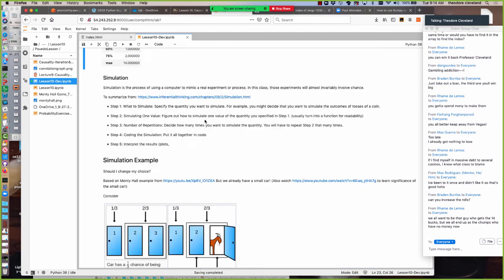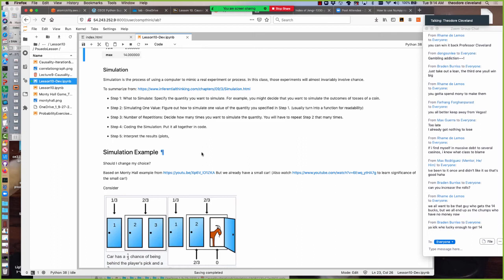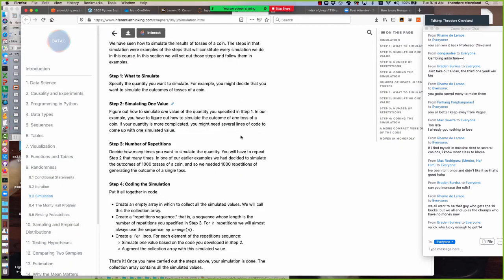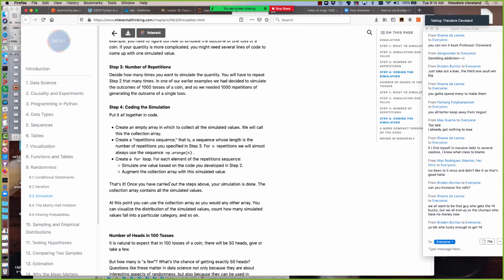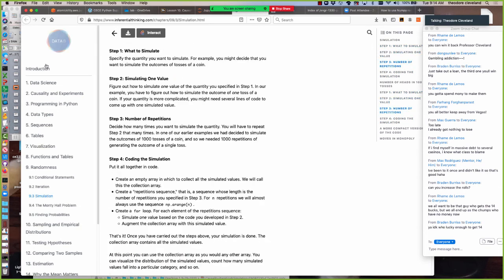So what we've just done is a process called simulation. And that's the process of using the computer to mimic a real experiment or process. And in most cases in this class, those experiments will involve chance. And I'm taking this from the simulation chapter of inferential thinking. You'll notice that this is identical to what's in my notebook. This is also in our Data 8